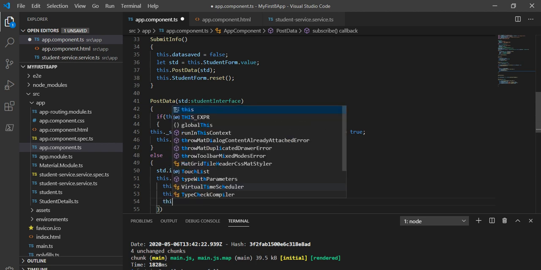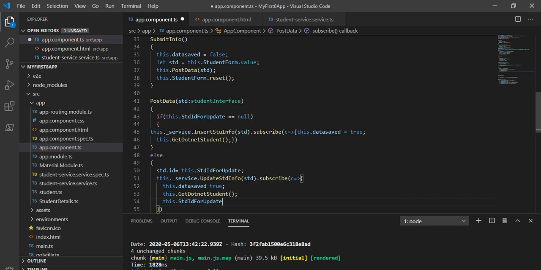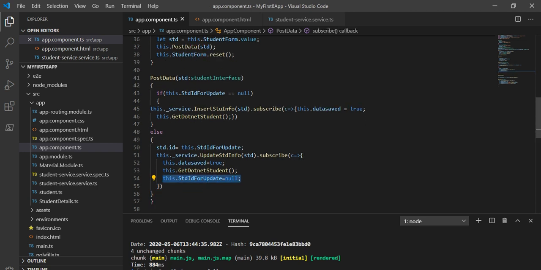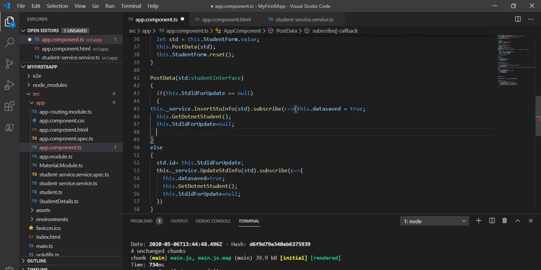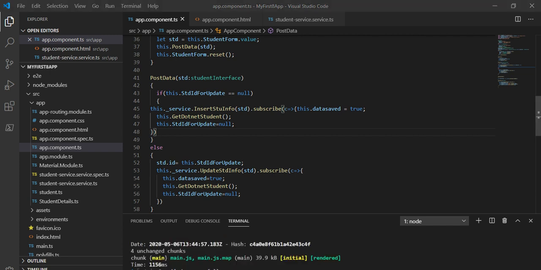And after this, I will make this dot student ID null, and in a similar way I will make it null for our post as well. So here also I will do the same. So that is all about this functionality related to this put.